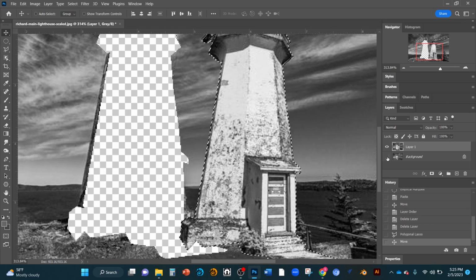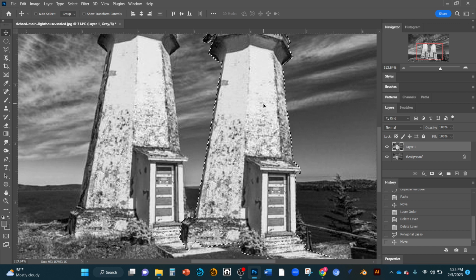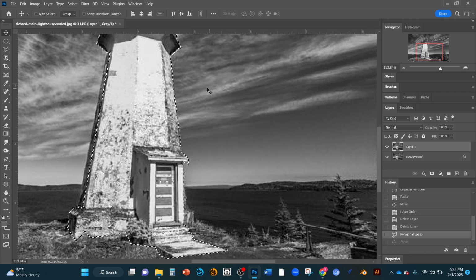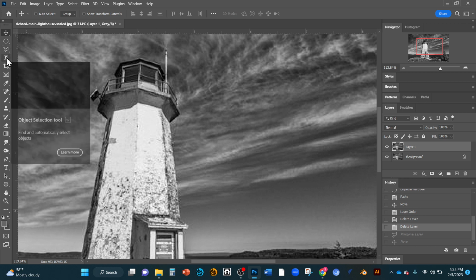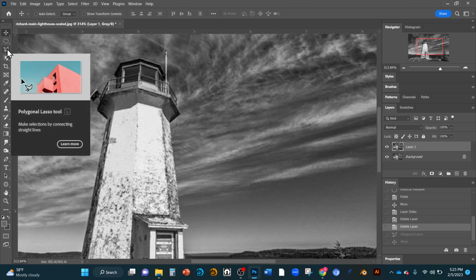Actually, it's just cutting it off. So you're on a layer, a copy layer. You can undo it, but Control or Command D to deselect. Then you have what you call